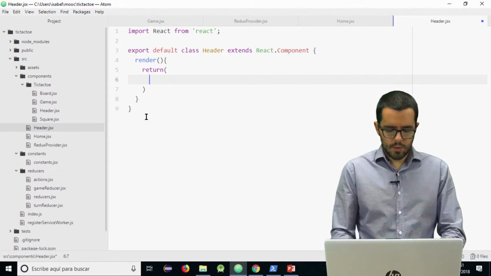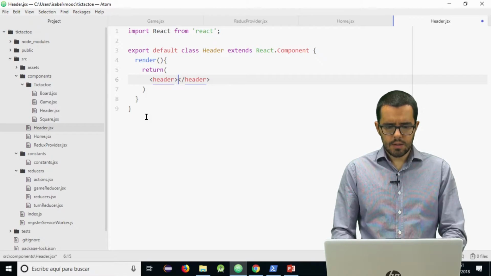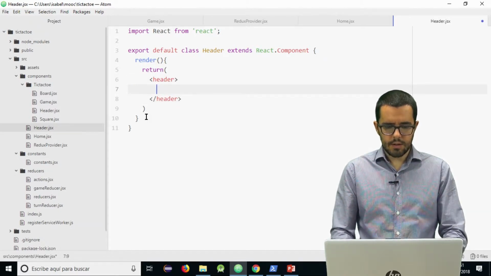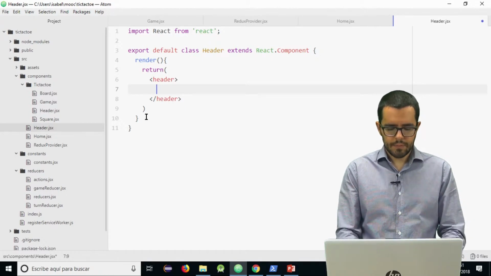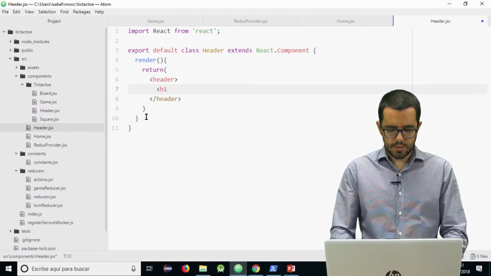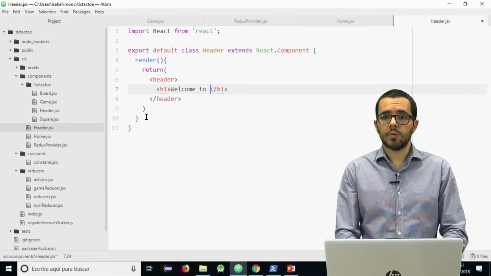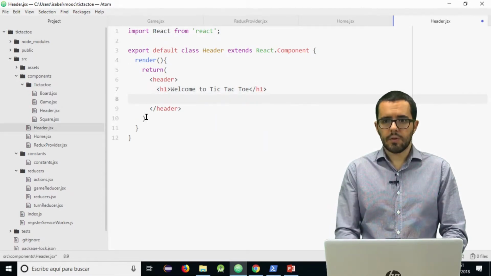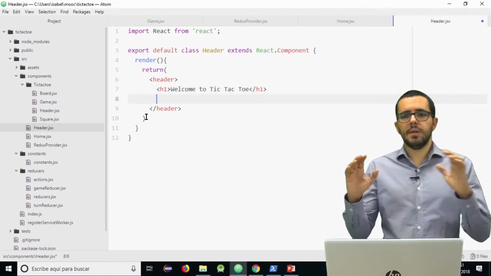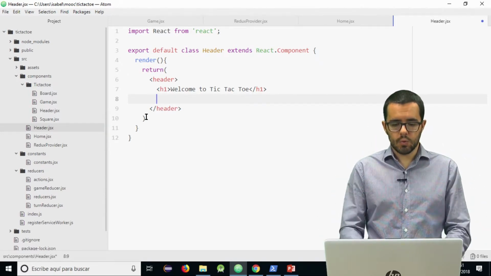This component will have a header tag with everything inside. Remember that you can only return one component or an array. This header tag will have an h1 saying welcome to tic-tac-toe, and after it will have the possibility to choose the link or the URL or the route.